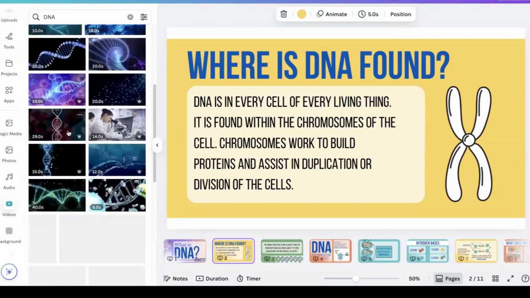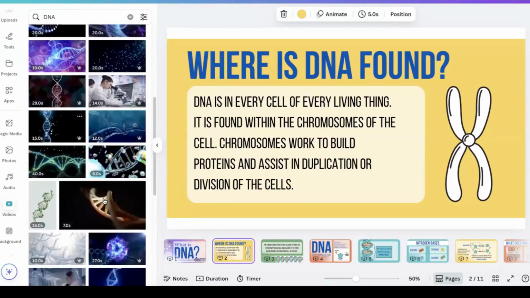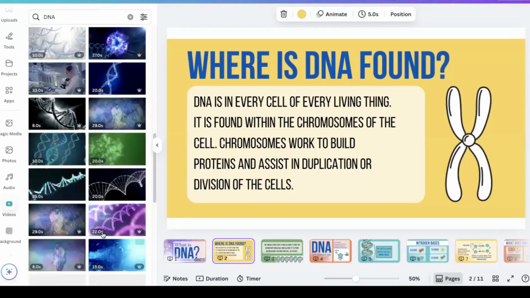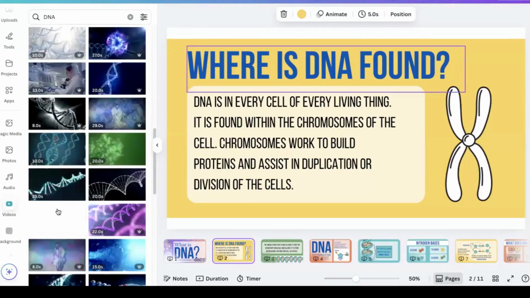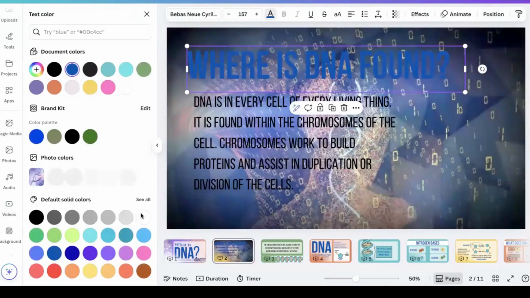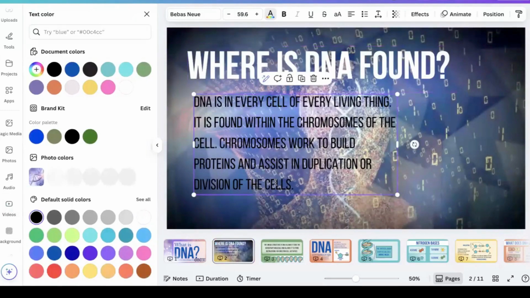So let's say we decide to go here and put that in the background. Obviously that got too dark. We'll change this to white. And then we can add, so for